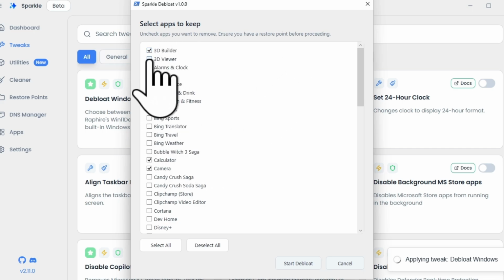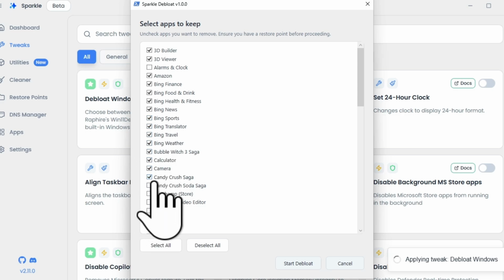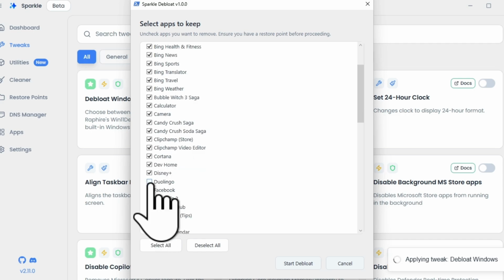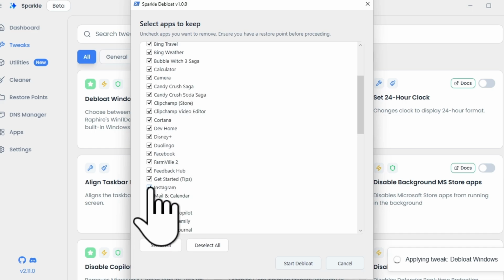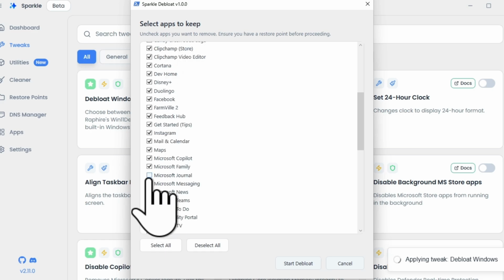So I'm going to select 3D Builder, 3D Viewer, and Clocks. Oh, I already use it, so I'll keep Clocks. Going to select Amazon, Bing Finance, Bing Food and Drink, Bing Health and Fitness, Bing News, Sports, Translator, Travel, Bing Weather, Bubble Witch Saga, Candy Crush Saga, Clipchamp, Video Editor, Cortana, Dev Home, Disney Plus, Duolingo, Facebook, Farmville 2, Feedback Hub, Get Started, Instagram, Mail and Calendar, Maps, Microsoft Copilot, Microsoft Family, Journal, Messaging, News, Teams,